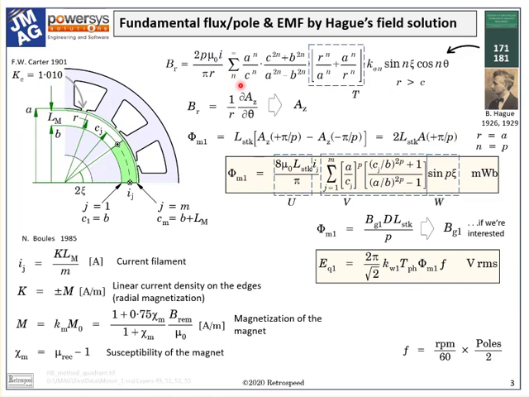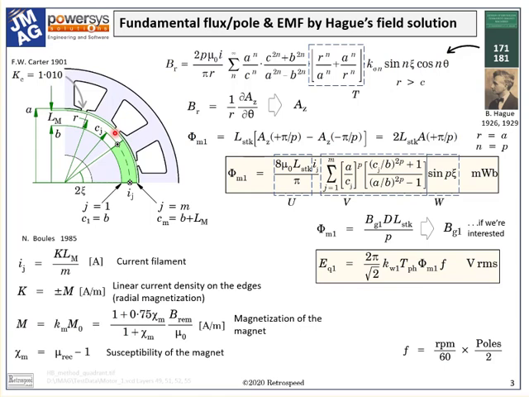In passing, we should note that the convergence of the infinite series is very slow, as Haig himself pointed out in 1926. This is not troublesome when we're calculating only the working harmonic, but it is very troublesome if we try to calculate the field distribution or the air gap component of the winding inductance. Also note that the stator bore, that is the inside surface of the stator, is taken to be a smooth cylinder, so the slotting is neglected.